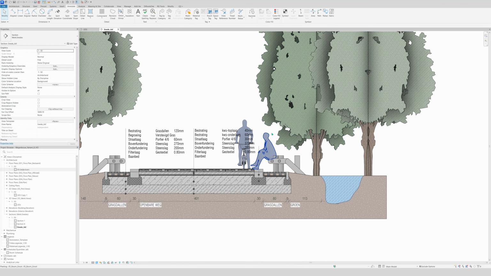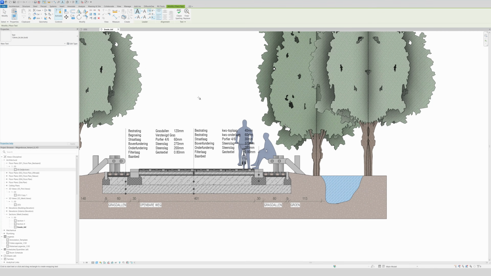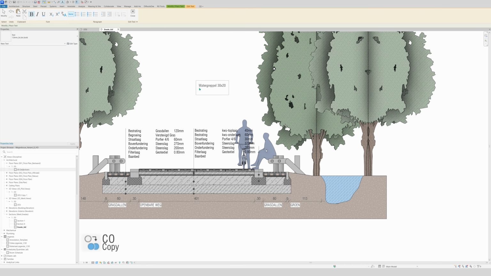And now for you guys, I'm gonna annotate it by myself. So we go to text right here, and then just click wherever you want. And now we're gonna specify the structure here. So I will again use Dutch words because I don't know in English, so sorry. Okay, like this, and then the foundation of it is